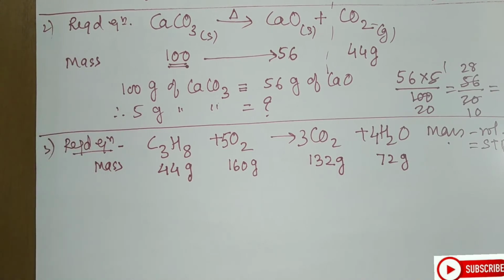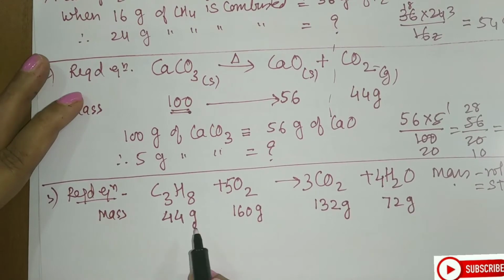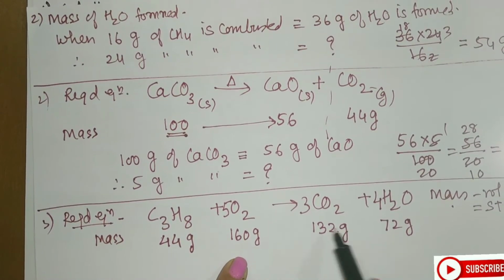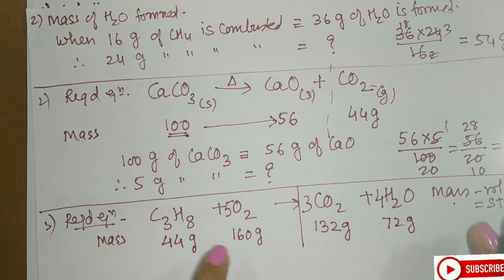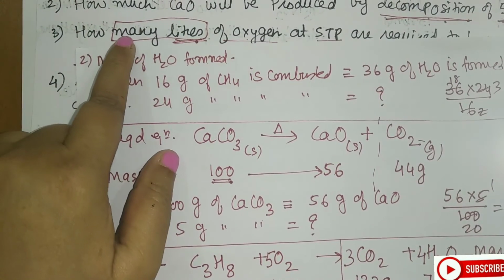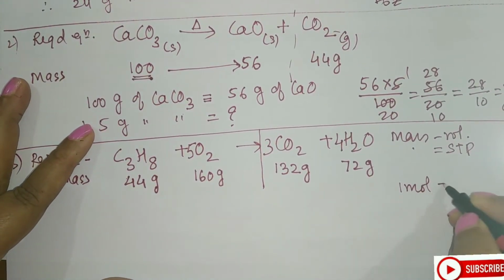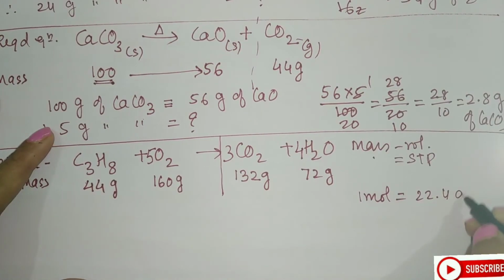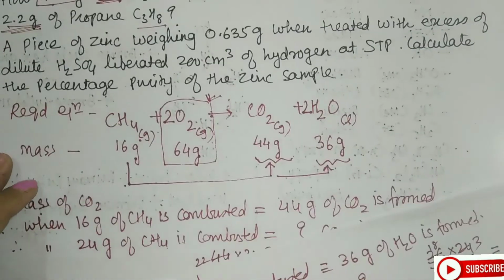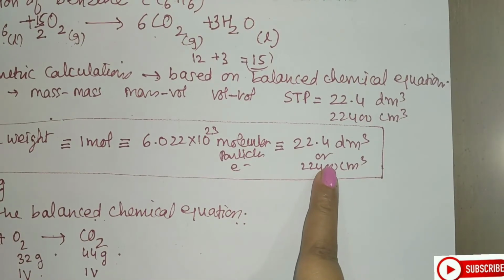So I have written the masses, but I don't need to correlate only mass to mass because I have to convert this from mass to volume. And what they are asking here is propane to oxygen. So they are asking only propane to oxygen. So I don't want this equation as such, but I have to write it because I have to balance the equation. So let us continue now. They are asking how many liter. So you know, student, that 1 mole corresponds to 22.4 dm cube. If you see the equation, that molar mass must correspond to 22.4 dm cube.